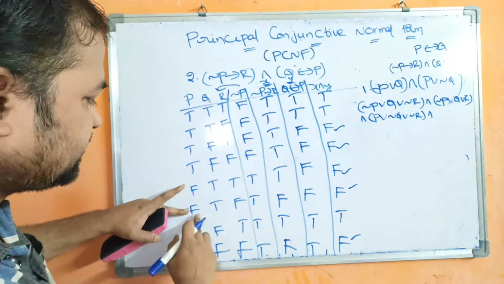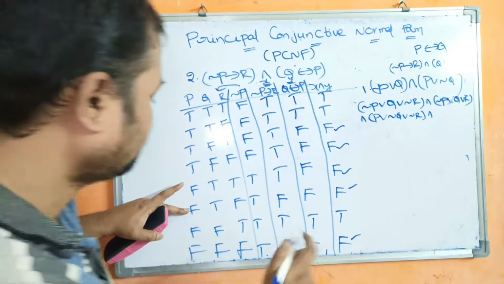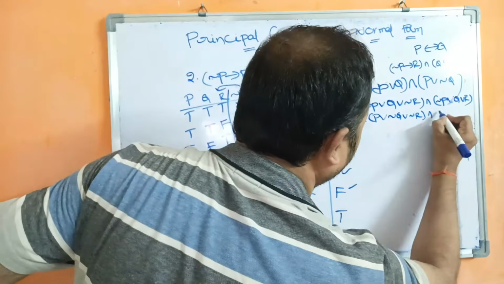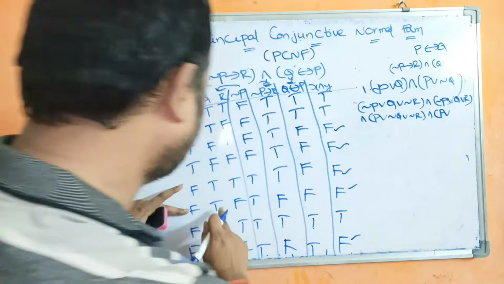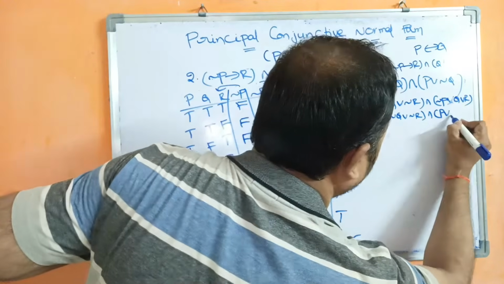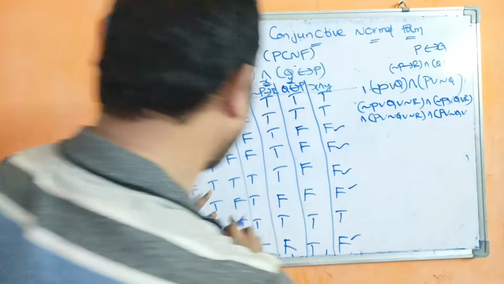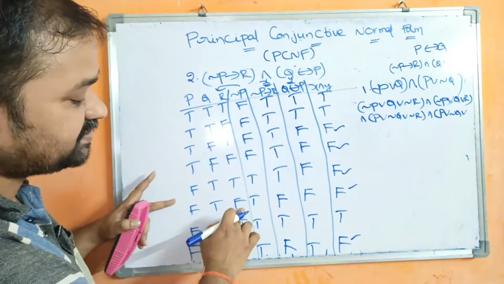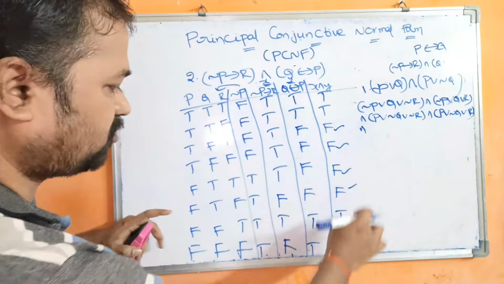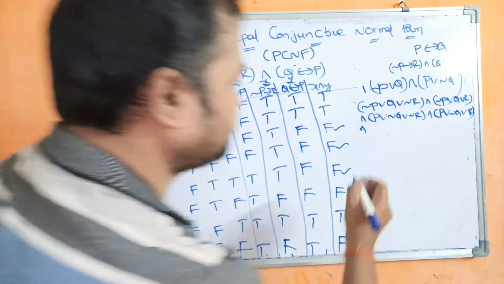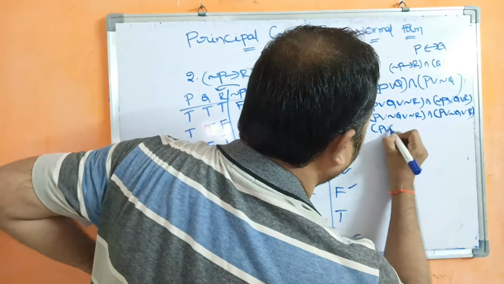And if we observe this combination, here we have false. So false is changed to what? True. So P R, true is changed to false. So P R, negation Q R. Here we have false. False is changed to true. R R. So false false. First four are over, and what is the last one? All falses. So they will be changed to true. So P R Q R R.